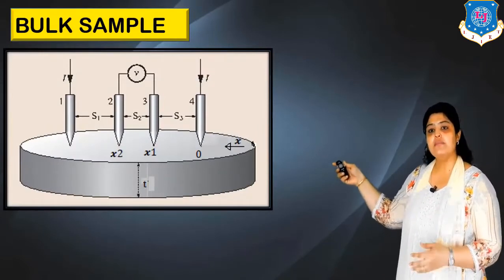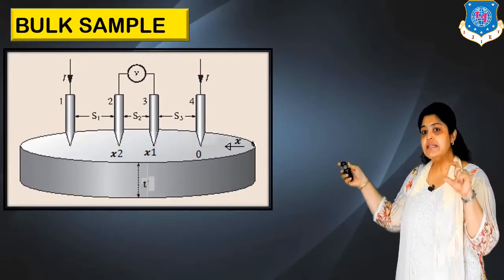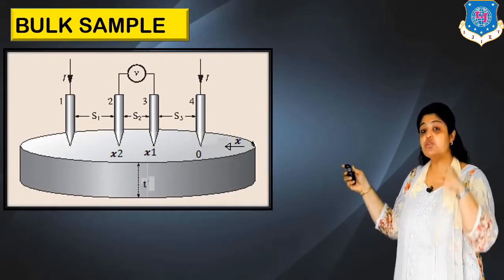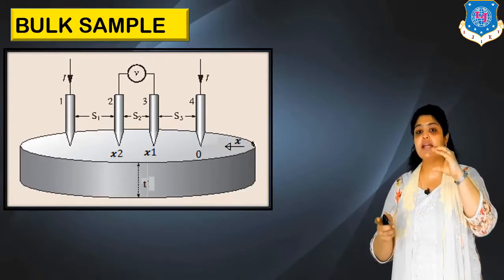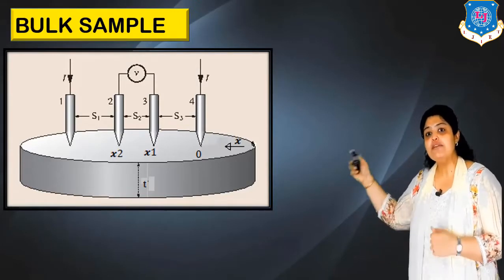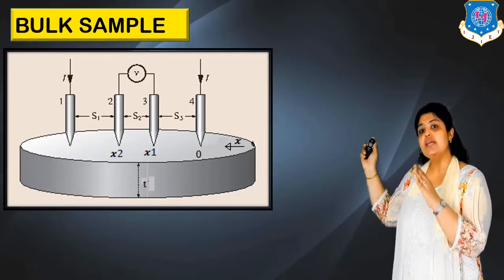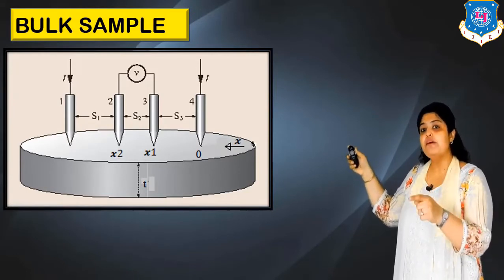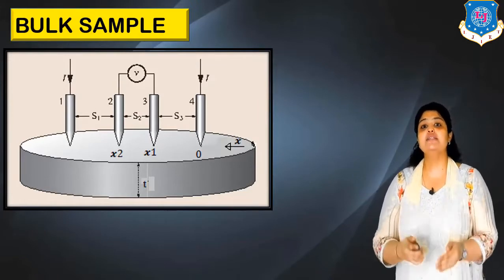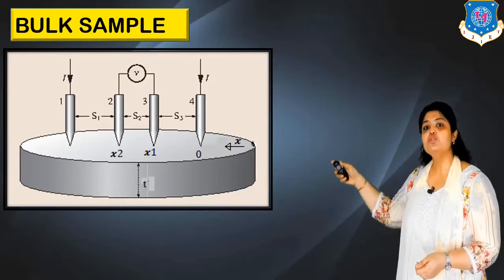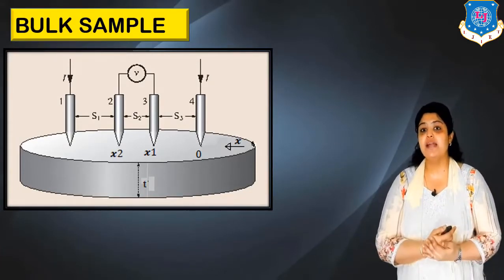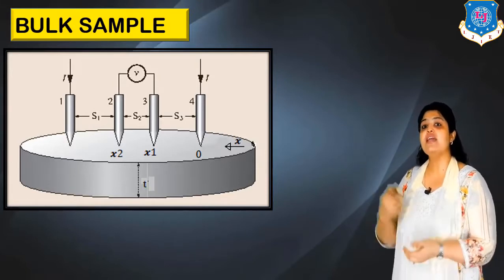You can see in the diagram that you have a sample which has a thickness T, and the probe spacing, you can see the distance between the probes. Compared to the probe spacing, we have taken more thickness. Now here you can see from the diagram probe number 1, 2, 3 and 4. Probe number 1 and probe number 4 have the current source connected, which is going to supply a constant current I. Between probes 2 and 3, we are considering a voltmeter connected. As per the setup I explained, this voltmeter should have a very, very high impedance.